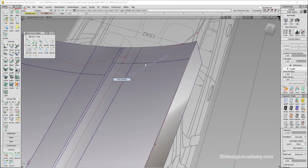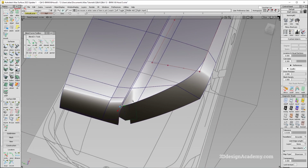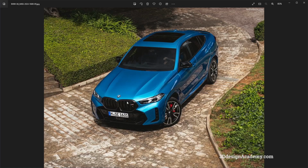I got a line. I got curvature on both sides. I'm going to just go ahead and delete the construction history over here. And let's go ahead and put the fillet over here first. So let's see. Actually, this one...